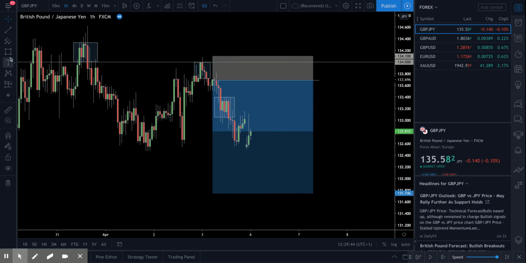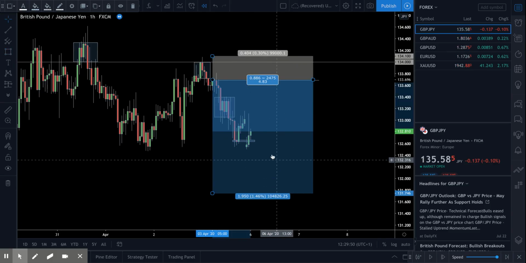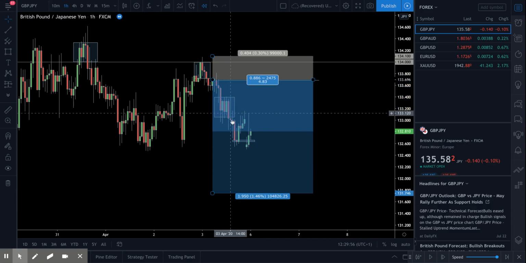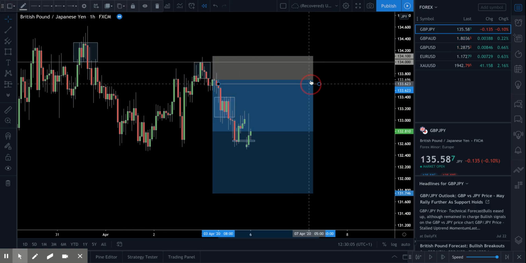Now, what we actually saw then was structure point 2 form, this one here. And then the market gapped down beneath that level. Now that break beneath that level could then be the cue to move your stop loss further down, right? That is one structure point broken, retested, two structure points broken and retested. So at that point, then you could actually go ahead and move your stop loss down above the first structure